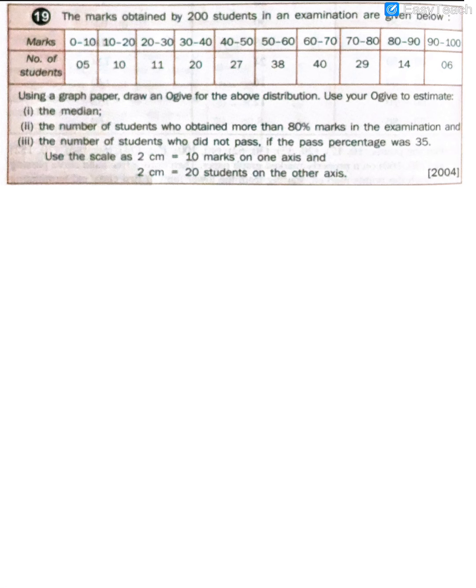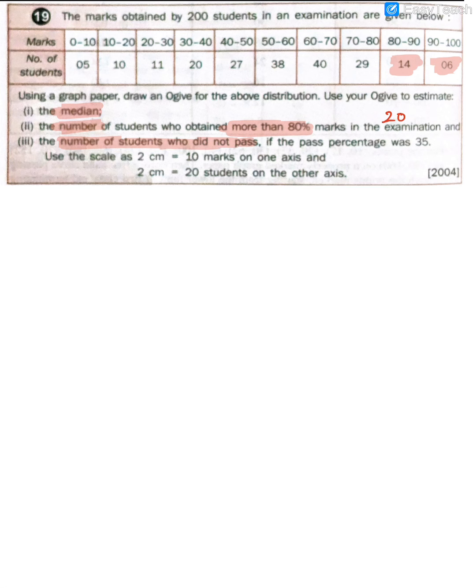So you'll find the CF, you have to find the median. See what all you're asked to find in this question. Median first. Then the number of students who obtain more than 80%. Look, here they ask you to find only the number of students, not the percentage, remember. So you can find it directly also. What is the number of students who obtain more than 80%? Isn't it that these kids have got more than 80%? So your answer will be 20 people. But of course you cannot write it directly. You will have to solve and show them that you are getting 20 here.